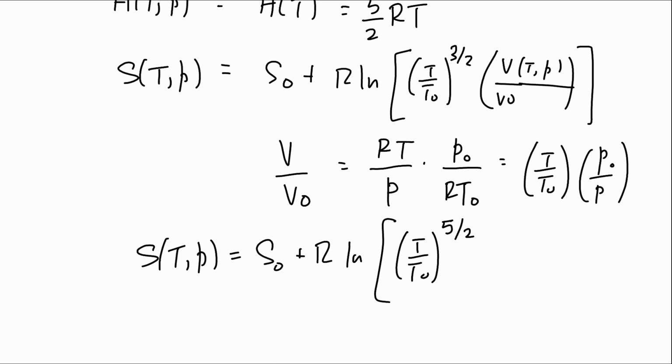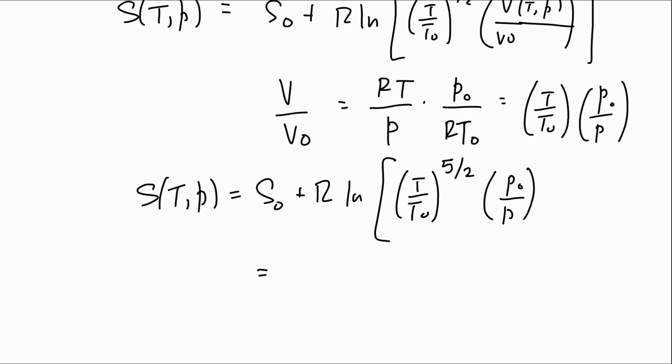Because 3 halves, T over T naught to the 3 halves times T over T naught is T over T naught to the 3 halves times T over T naught to the 2 halves. And even back in Nebraska, 3 halves plus 2 halves is 5 halves, and so that's why it's 5 halves. Then I've got a P naught over P. Or I could write this as S naught minus R